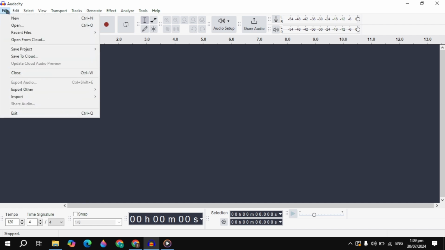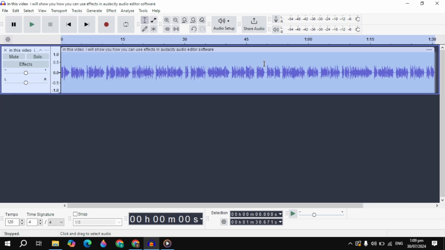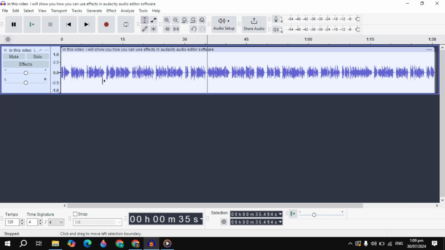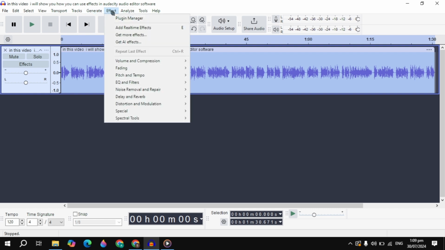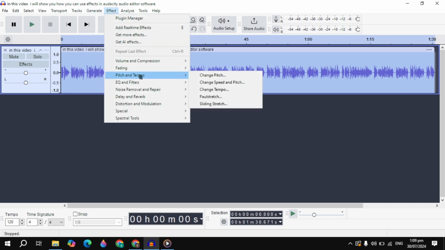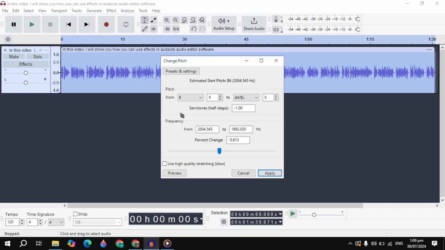Obviously click on the file option and then just simply select the audio or the music that you want to deepen your voice. Then just simply click on the effect option. Here you just need to scroll to the pitch and timbre, click on the change pitch, and now here you have to just give its value to the